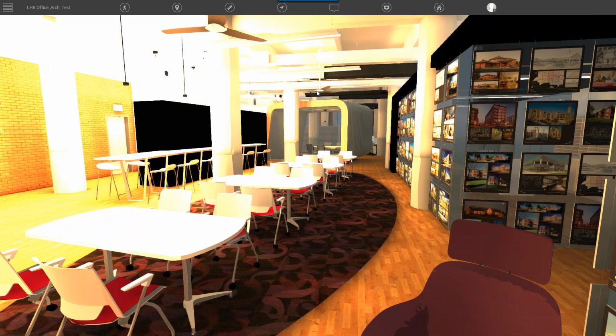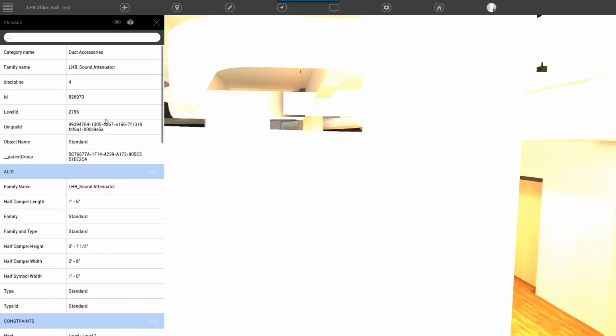Again, there are some super bright lights here in this particular export. But you can see all the mechanical equipment, like a VAV box in here somewhere. That's the sound attenuator. Here's the VAV box with the 12-inch inlet. That's coming from a linked Revit model. And once it's in the viewer here, it's just like it's in the regular model.